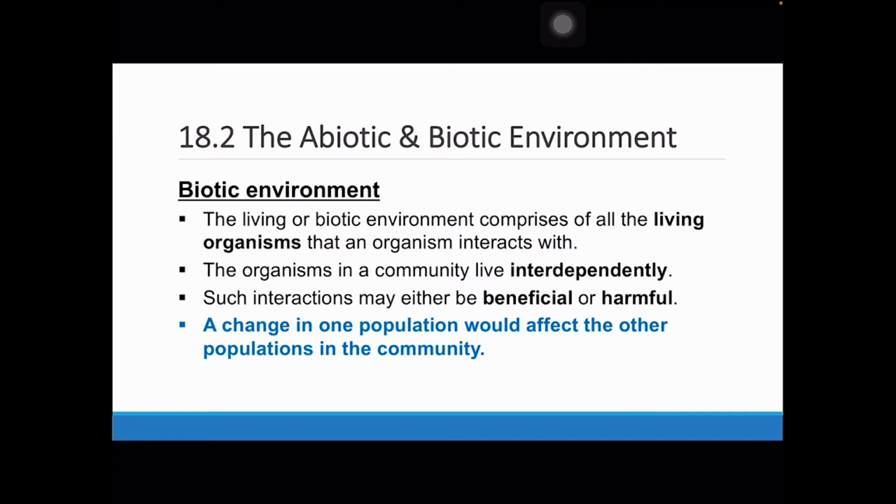So, for instance, us as humans, we are dependent on, for example, the chickens for their eggs for our diet. We are dependent on the maize plant for the rice grains for our diet, for all the noodles that we eat. Bread, right? Bread came from flour, and flour must have come from a certain type of plant. So that's how we see that all the different types of organisms are actually interrelated to one another.